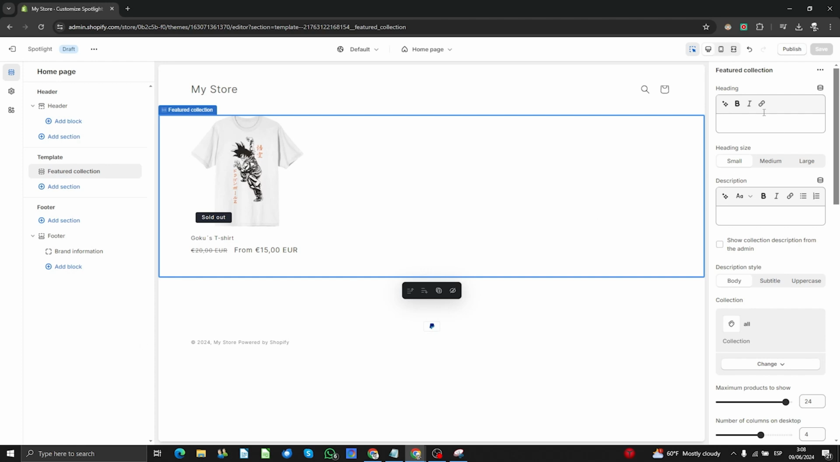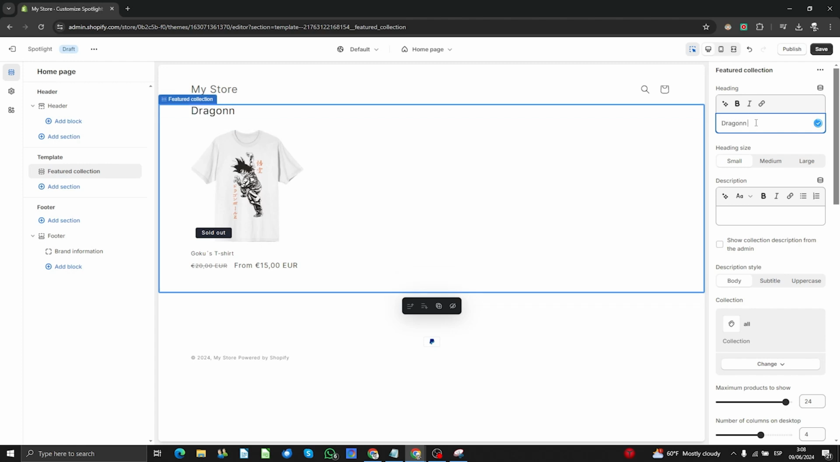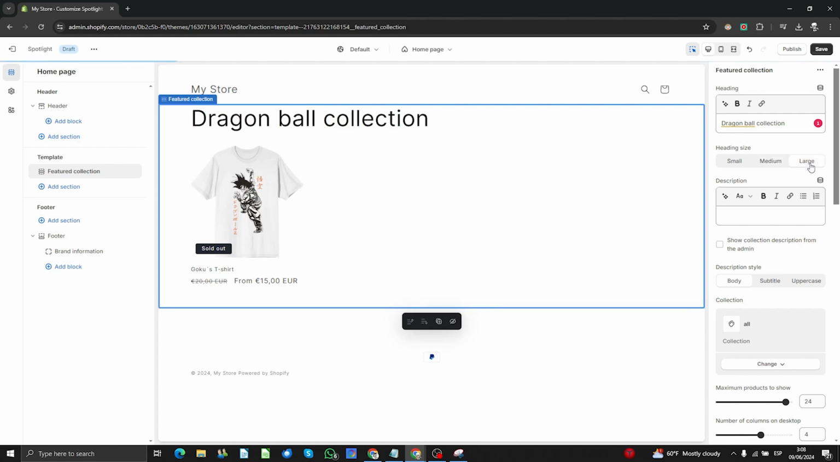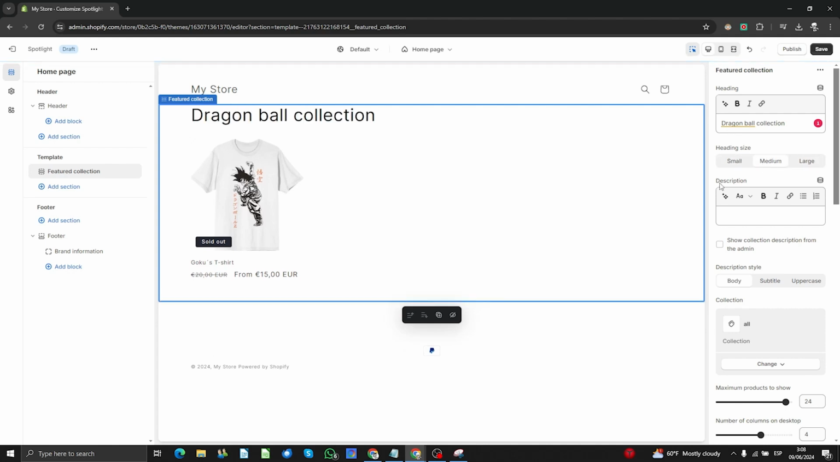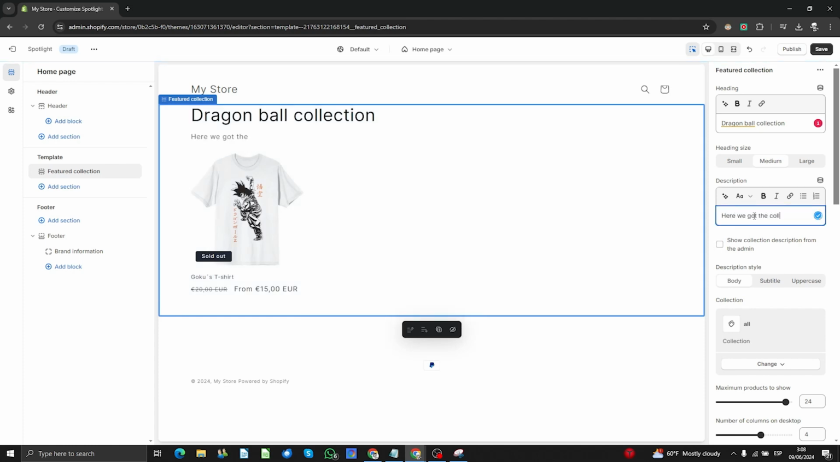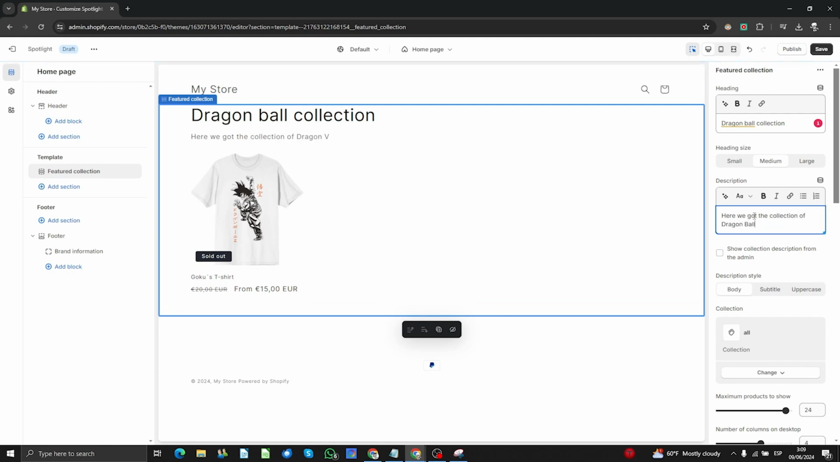So for example, let's go into add a heading, okay? So this is Dragon Ball collection, all right? Then we got heading size as medium, large, small. Okay. The good thing from here is that every time you do a change, you're going to see it immediately, right? So let's go to make a description. Here we got the collection of Dragon Ball